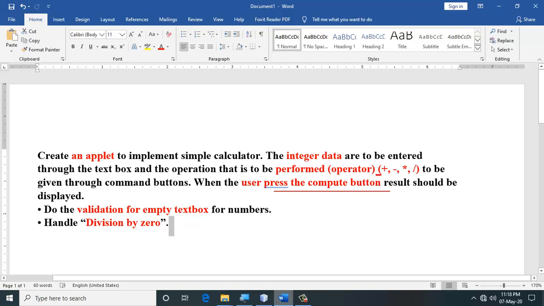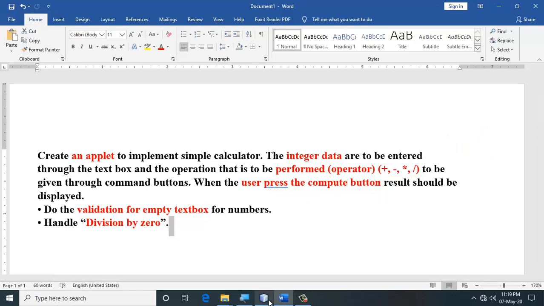So there are two sets of buttons here. One is plus, minus, star and division. They are just used to get the operator. So the operator could be plus, minus, star or any other thing. This is used to get the operator, and the compute button will do the calculation.